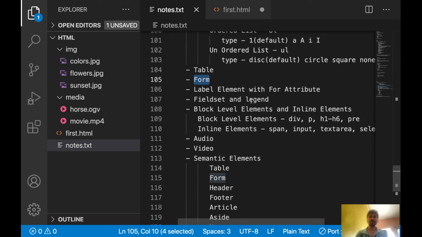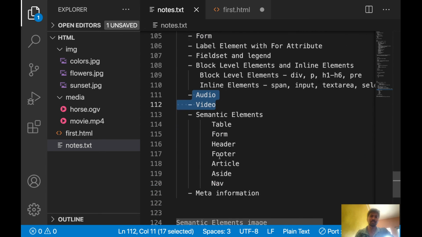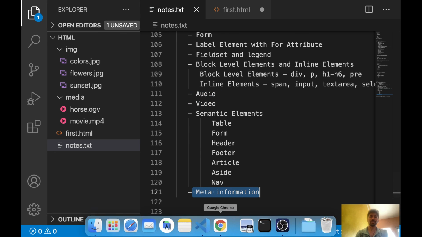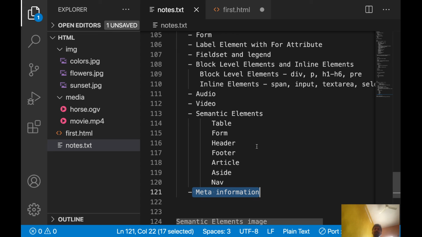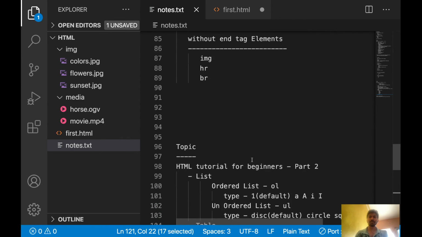Fieldset and legend will give the border and title of the form. Audio and video are useful if you want to insert some video or audio. Meta information is useful in the SEO, search engine optimization. If you want your web page to come in the search results, then you can write better metadata, and that will be useful in the SEO. So that's it about part 2.